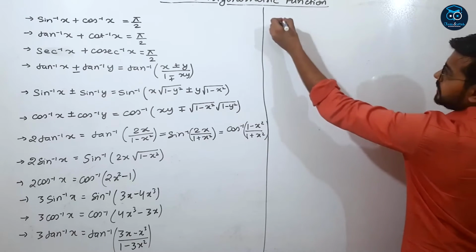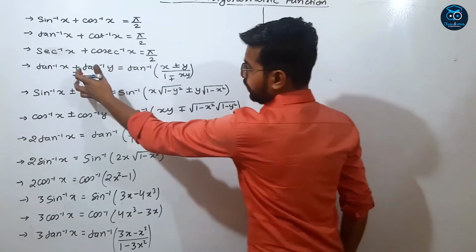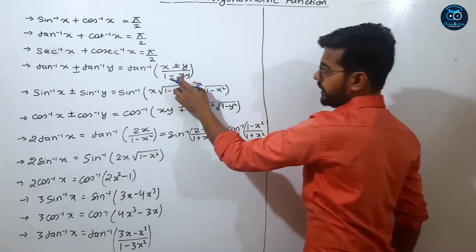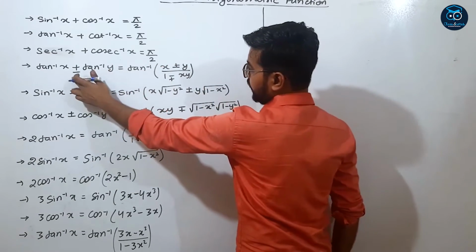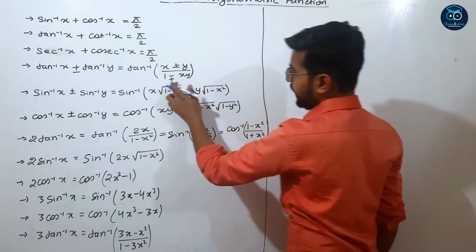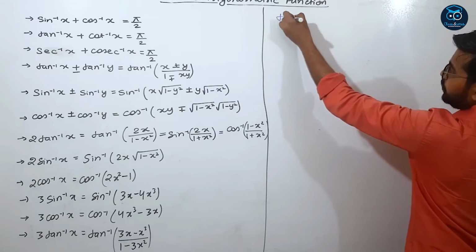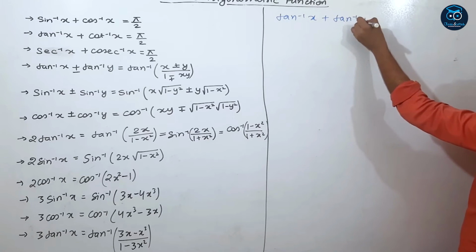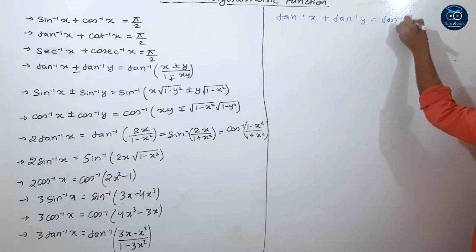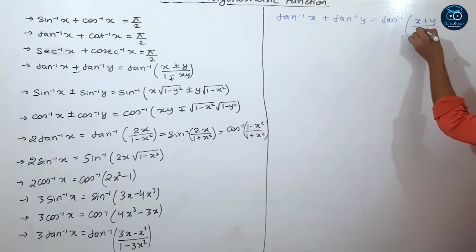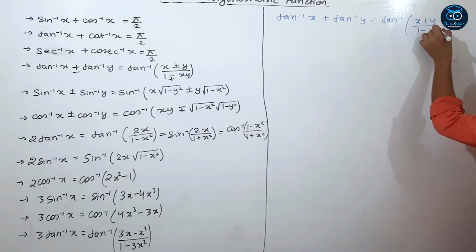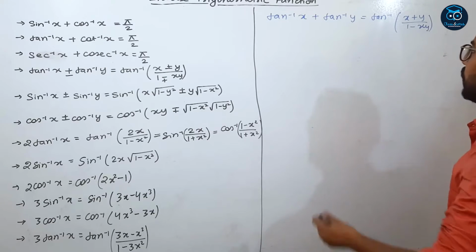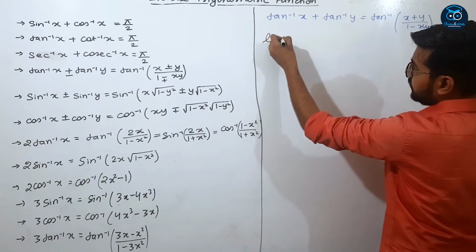Our fourth property is basically two properties, one with a plus sign. When we take plus here, it is minus there, and when we take negative here, then it will become positive there. I will show you tan inverse x plus tan inverse y equals tan inverse of x plus y upon 1 minus xy. Okay. Now moving with this property, let